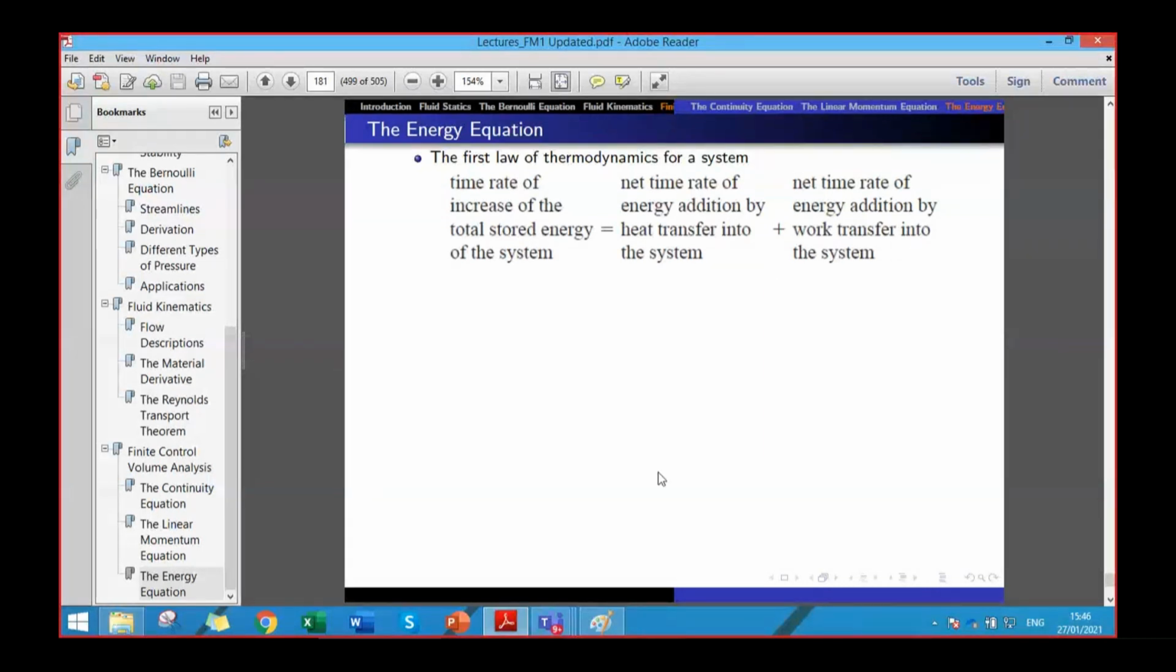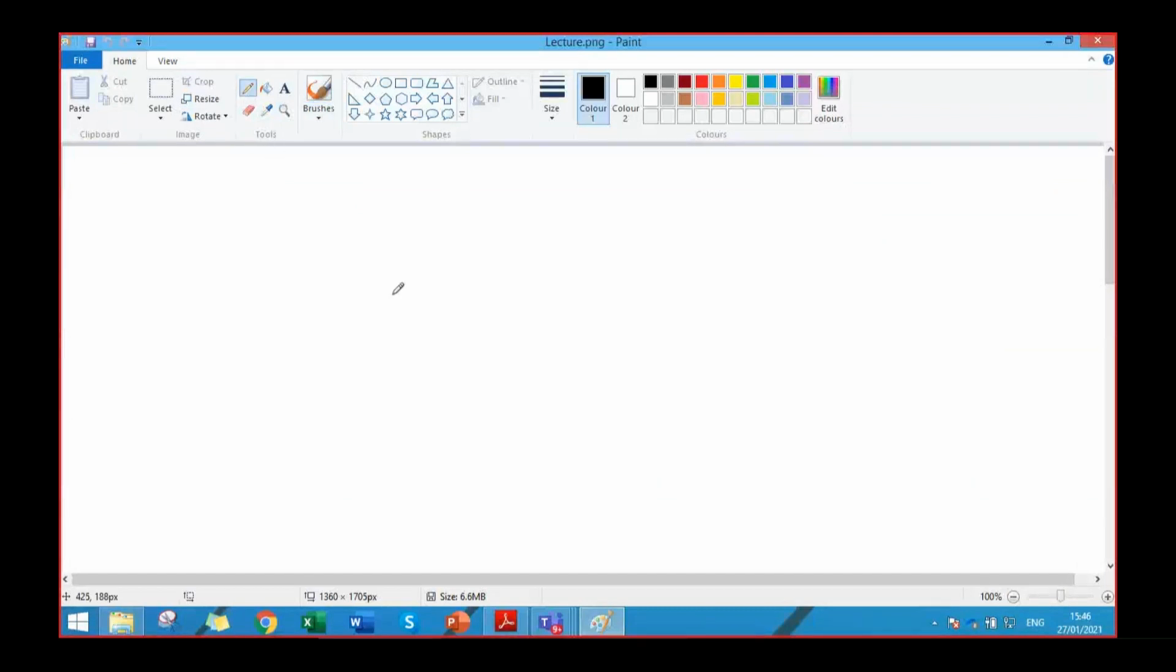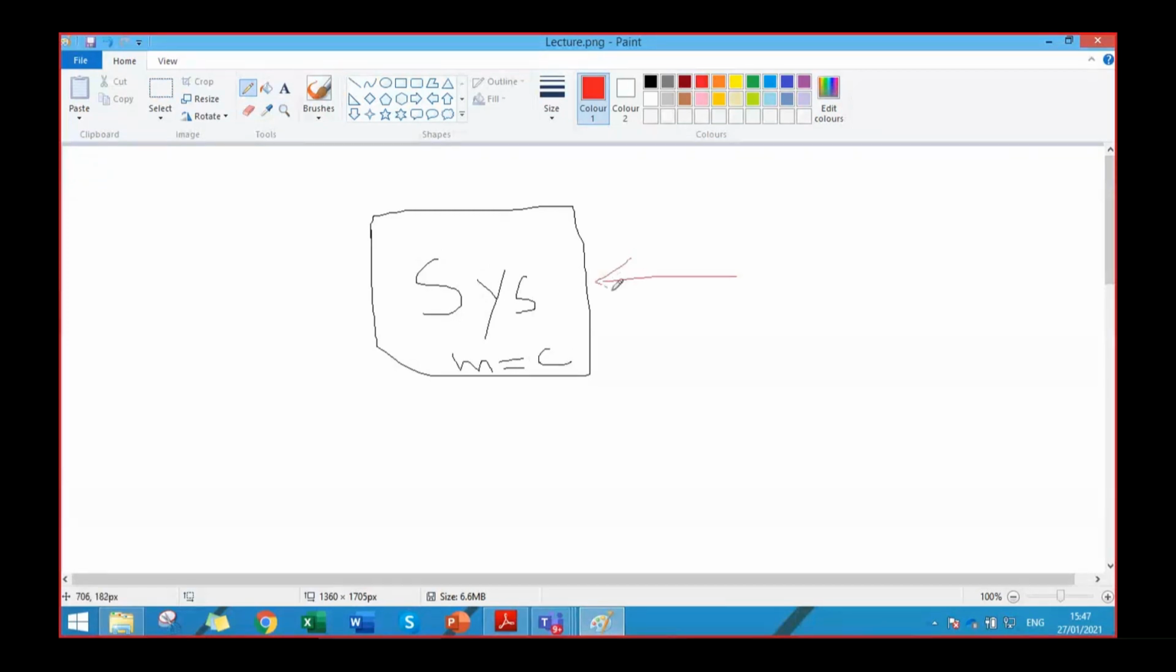So if we have the system, let's say this is a system, it is a closed system. By system, its mass will be constant. So only heat can enter or leave, that is Q in, Q out, and net heat transfer would be equal to,